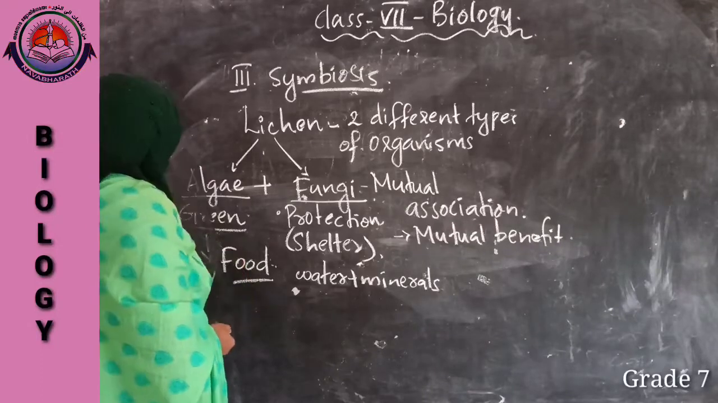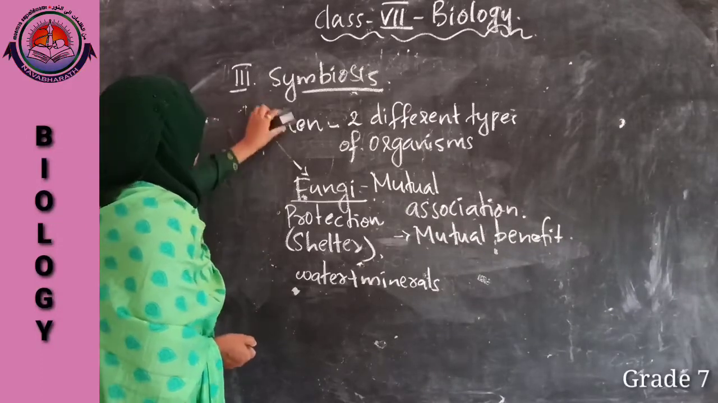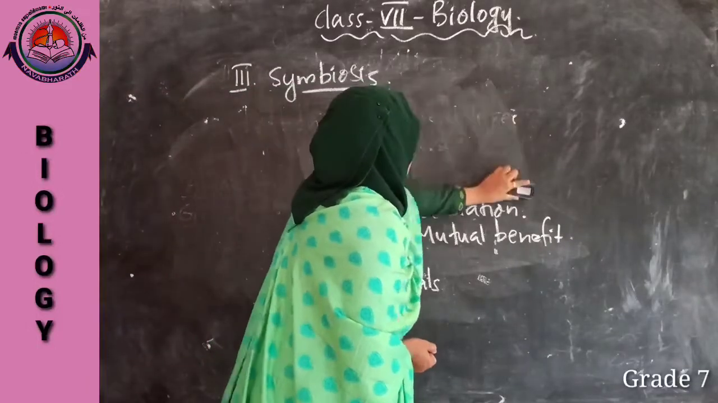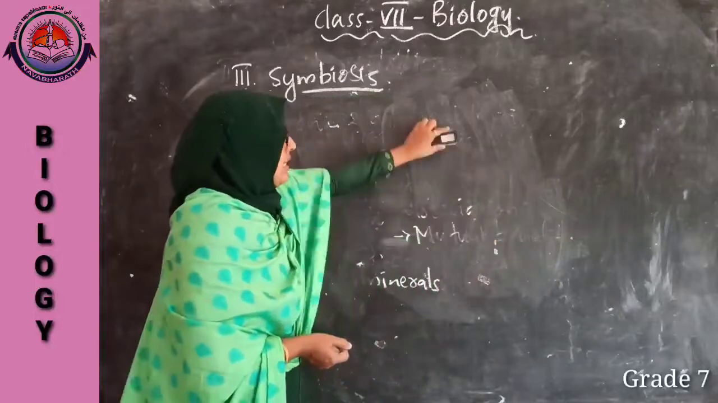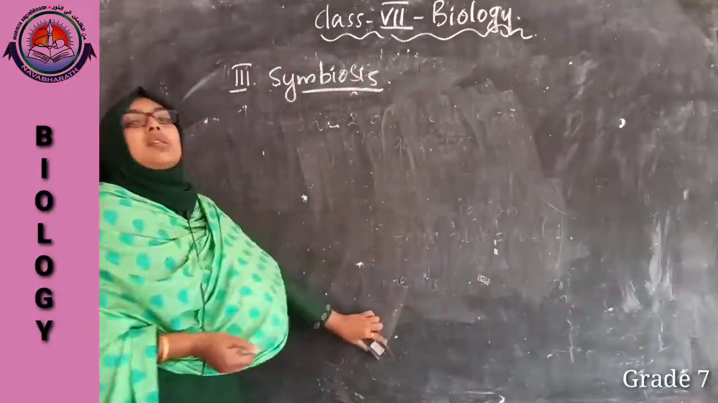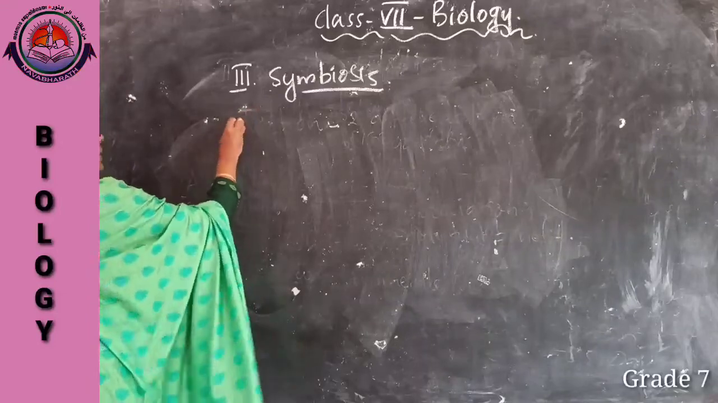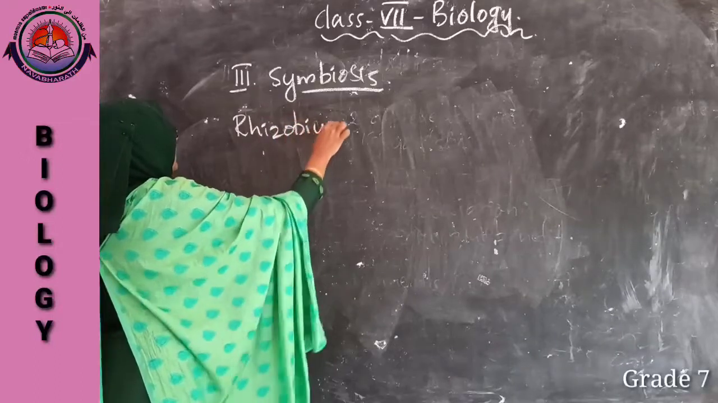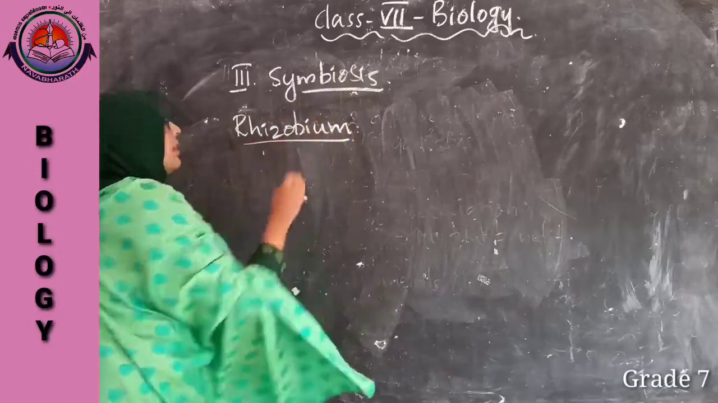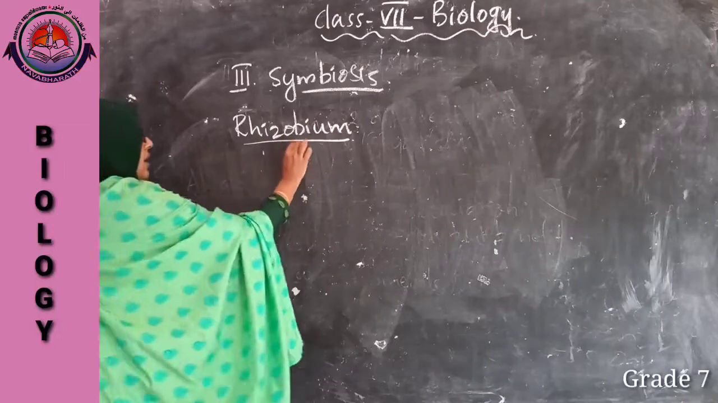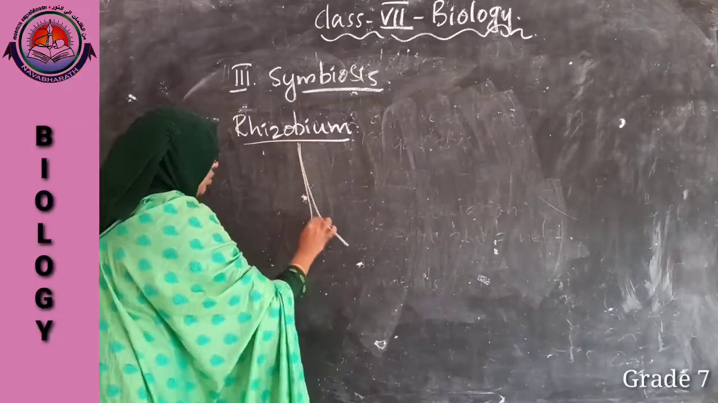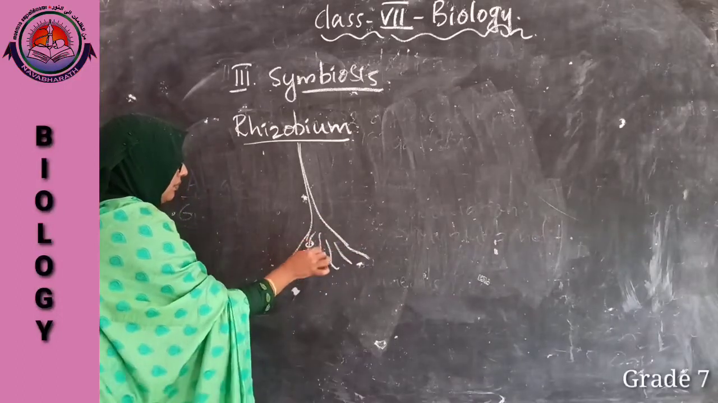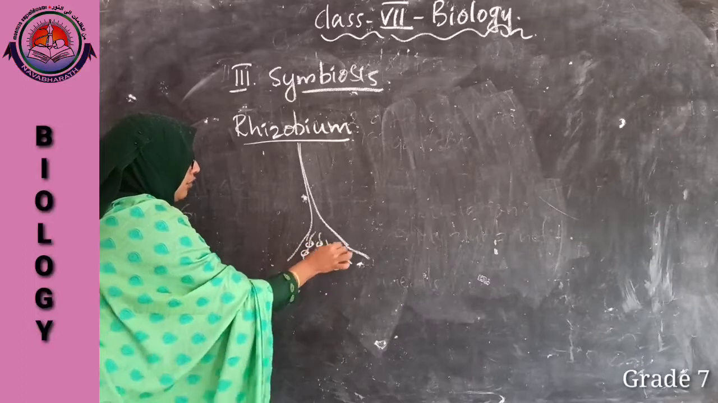Clear? Let us look at one more example. Lichen is one example for this symbiotic nutrition or symbiosis. Both are the same, symbiotic nutrition and symbiosis. Another example we can see is with rhizobium. You are familiar with this term, right? Where can we see this rhizobium? In the soil. Sometimes these rhizobium are seen over the roots of